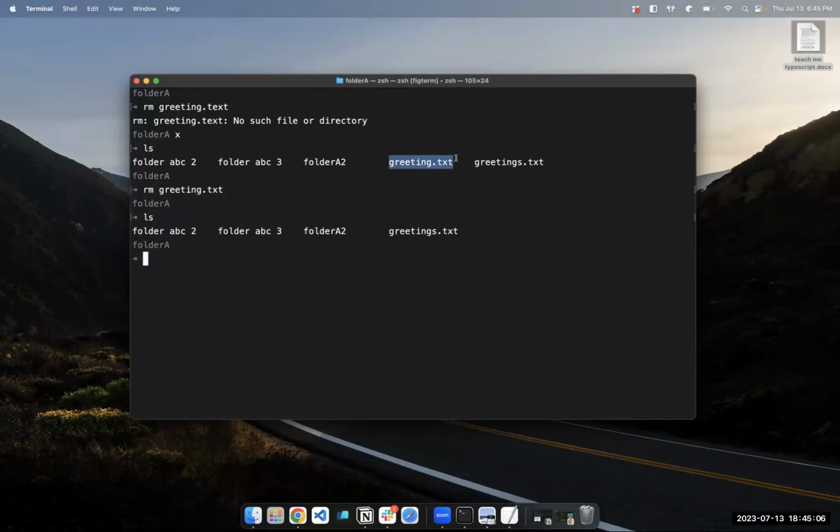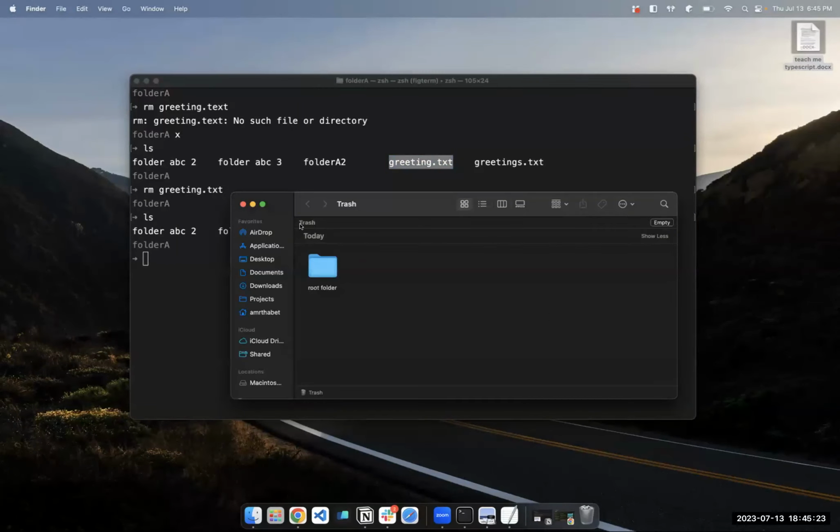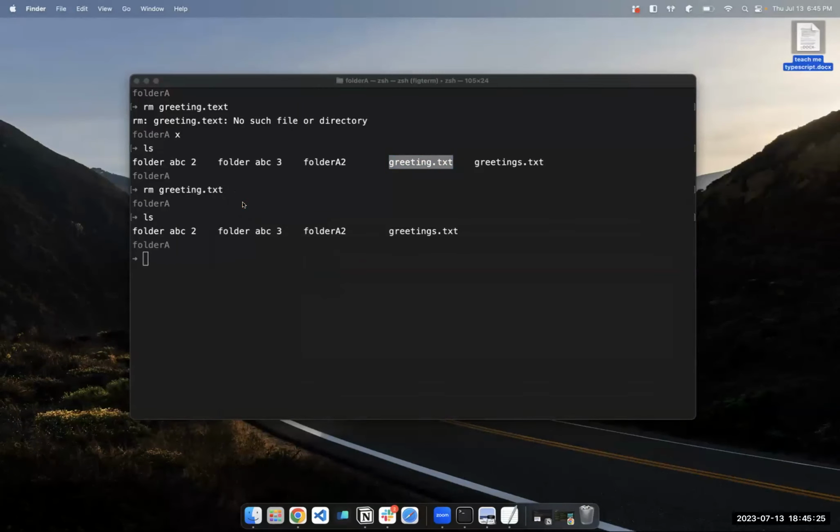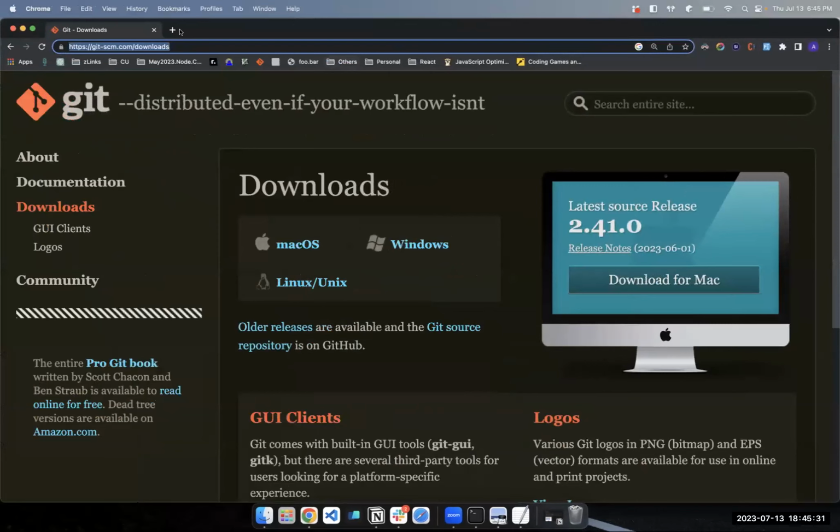This is a good time to talk about the recycle bin or the trash in our computers, right? If I delete a file, I have an opportunity to go and recover it from the recycle bin if you are a Windows user, or from the trash if you are a Mac user. Now, this is not the case when you deal with the terminal, because the trash concept is an operating system concept. In the sense,